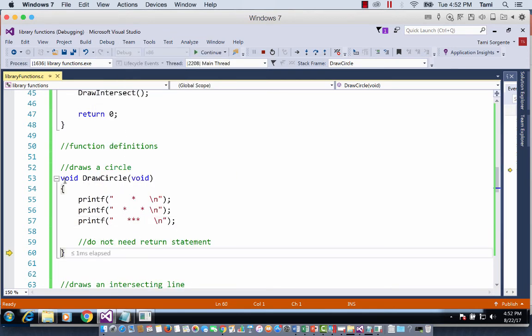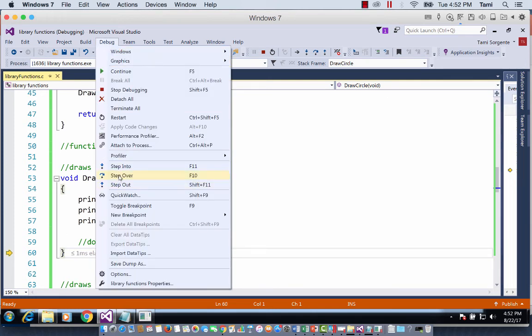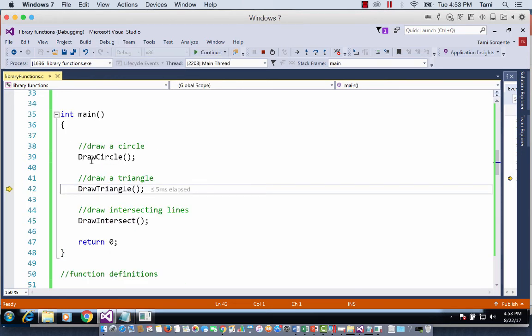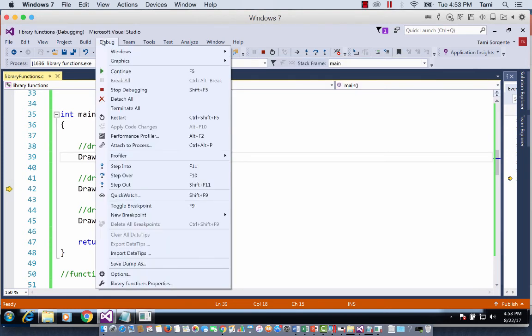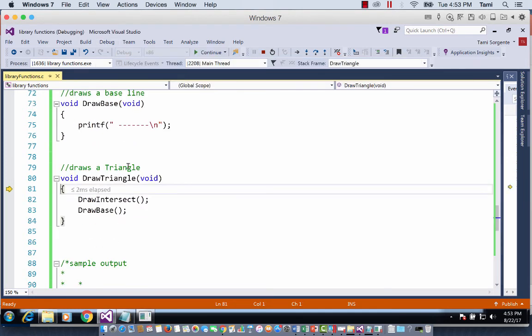And then when it gets done with this draw circle function, this is a block of code. It starts at the beginning of the block of code, finishes at the end of the block of code, and when it's finished, it will then go back to where it came from. So the draw circle function has been called and has been completed, and if I follow along on my output, the circle has been drawn. Then the next task is to draw a triangle. So if I go here and I step into my draw triangle function,